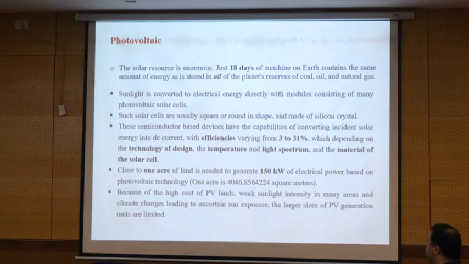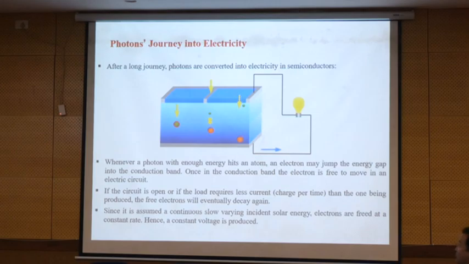So this is very important, but just as an example, if you are going to provide 150 kilowatt, then you need actually 4,000 square meters, and again this is not a fixed number, because it depends on many factors, where you are going to install this PV panel, and then provide the electricity. So the operation is also not complicated.